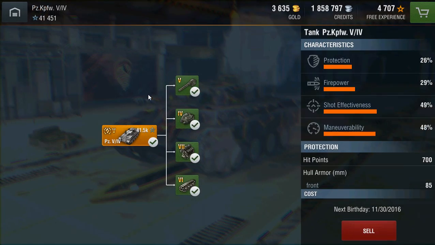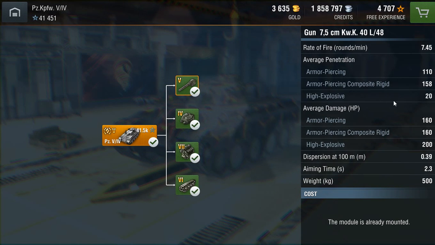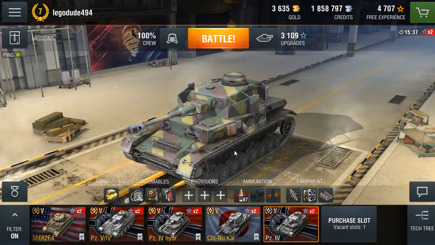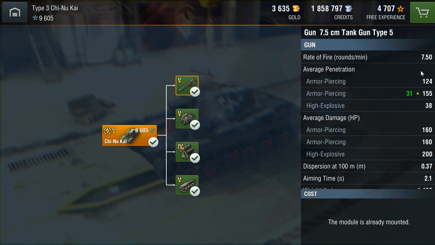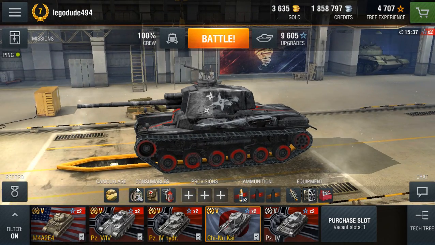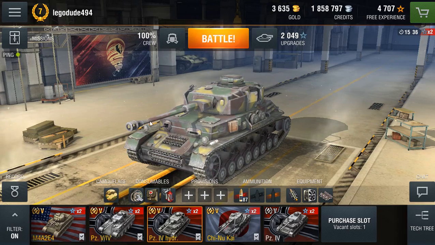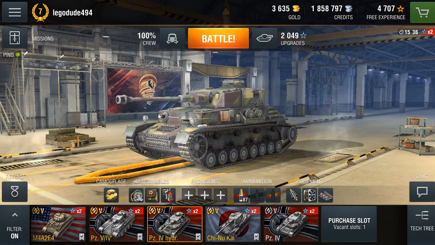I'm using the 5/4 as an example here, but all the Panzer IVs get the same gun. The gun on the 5/4, the Hydro, and the Panzer IV all have 110 average penetration, with the Chinukai having 124. So this is a fairly standard medium tank gun. It's a very good medium tank gun, in fact. However, there's a reason why you see lots of people with howitzers on Panzer IVs, because 110 average pen isn't great. It's alright, but for a tier 5 medium, compared to what everyone else has,